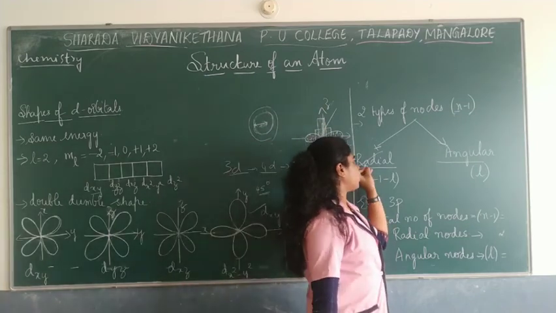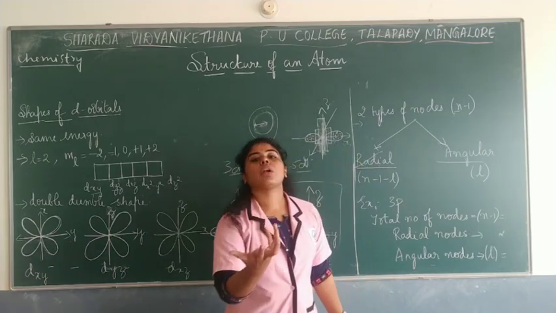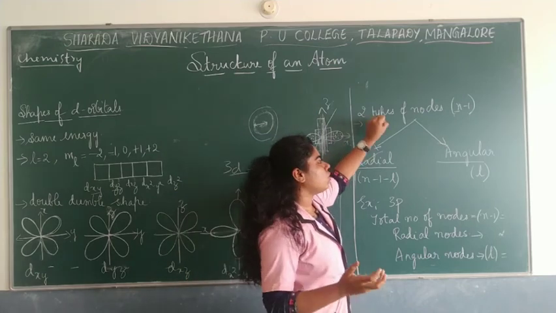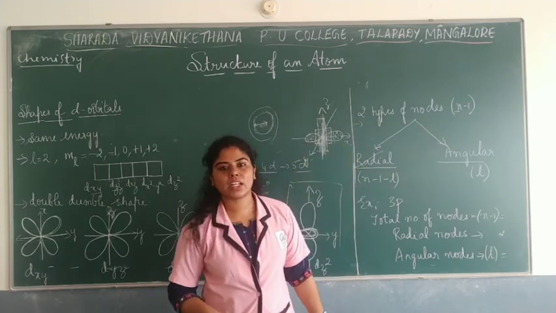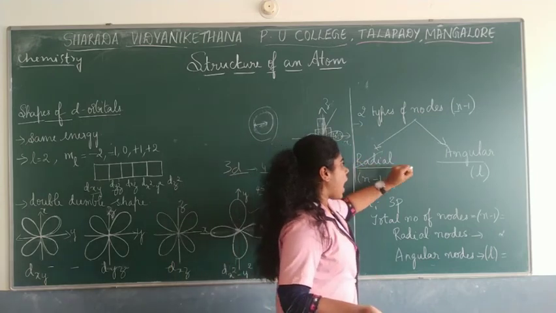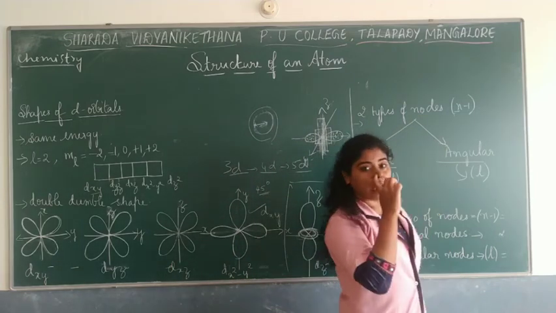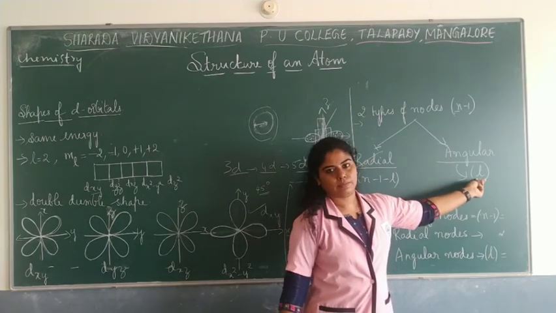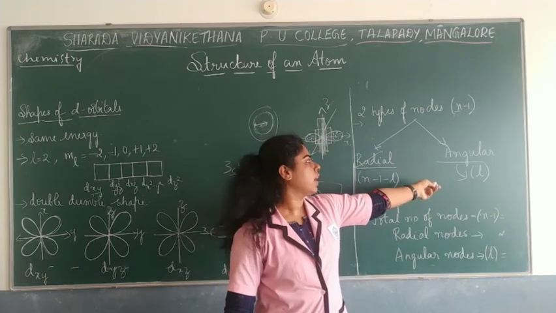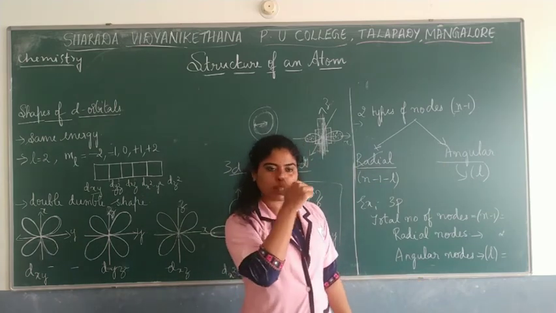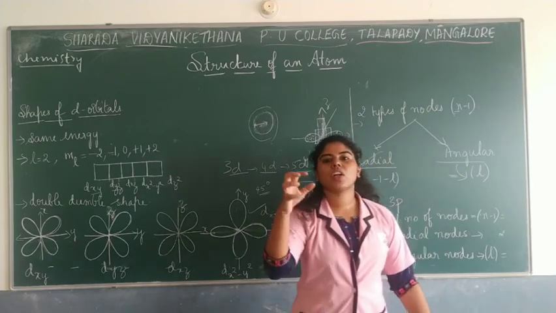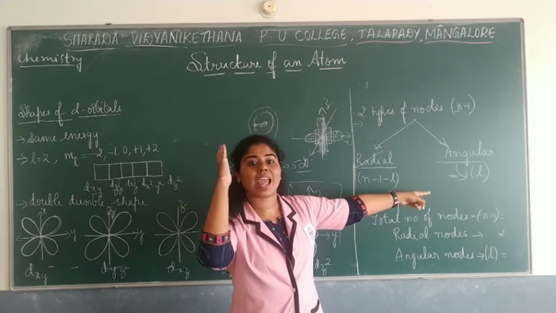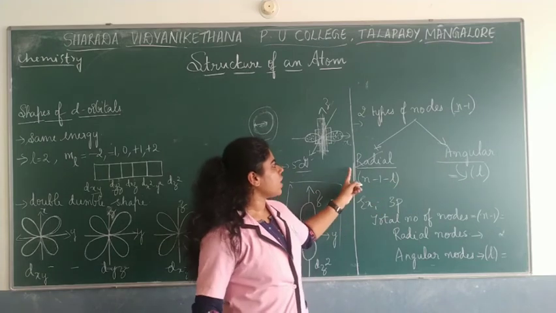So if you have to find out radial nodes or angular nodes, what must be the formula? How can you easily find out these nodes? Let me explain it to you. As you all know, the total number of nodes is given as n minus 1, right? Now, the angular node is nothing but your azimuthal quantum number, angular momentum. How is it denoted? L, right? So that's the value of your angular node. Okay, it is equal to L. Whichever orbital you are talking about, that L value is nothing but the angular node. That's why we say angles, planes. Okay, and then you have radial node.